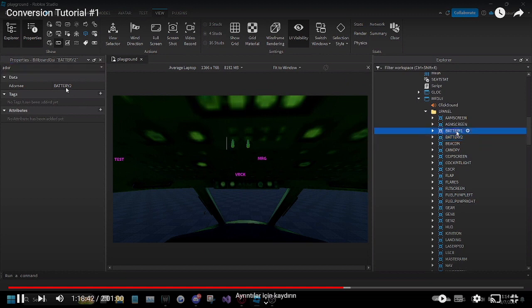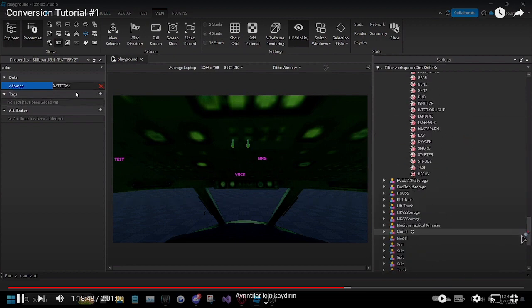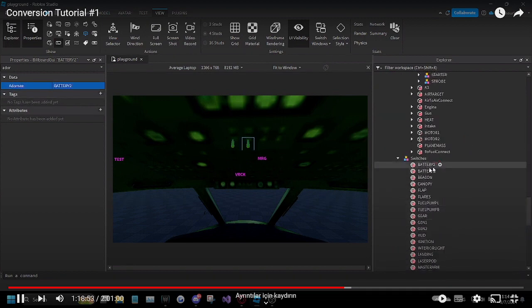So here I write other knee. Look, it says other knee is battery 2, but it's not. It just thinks it is, but it's not. So we have to set it now, and I set it to the button. So battery 2 is the switch. So I set it to the battery 2 switch, and there it is. You get that blue square now. So now that we've put the other knee there,